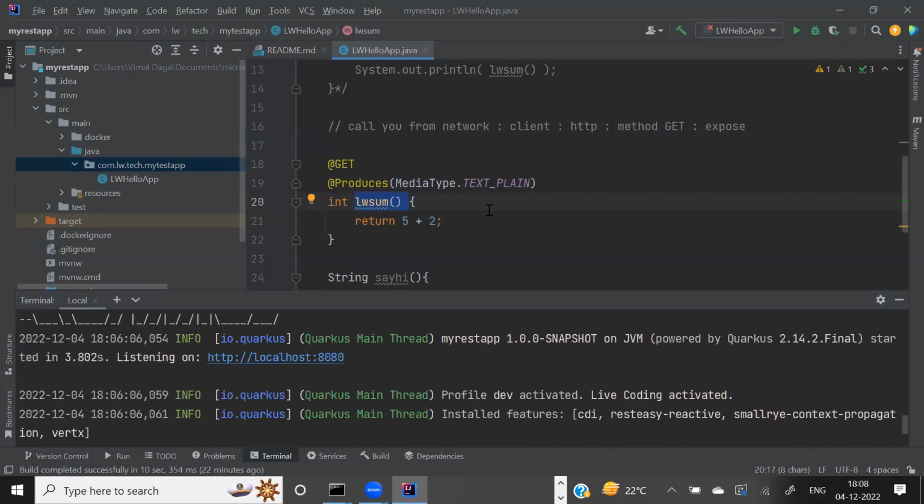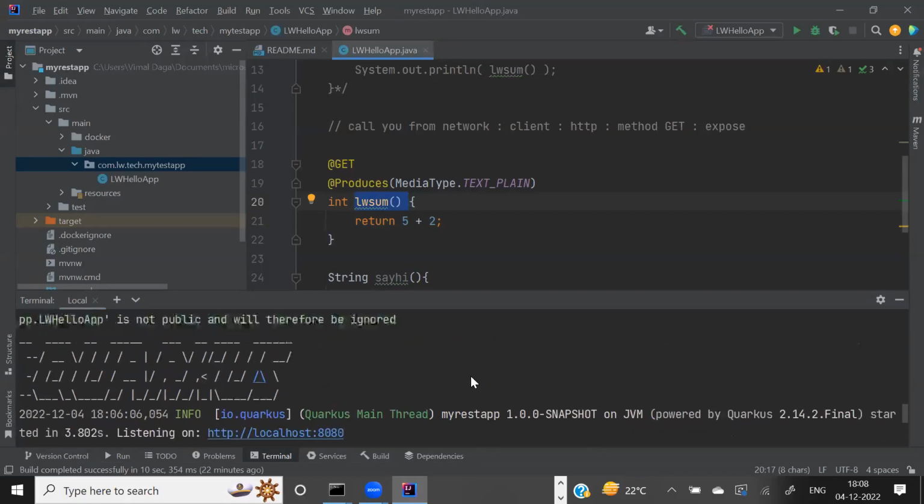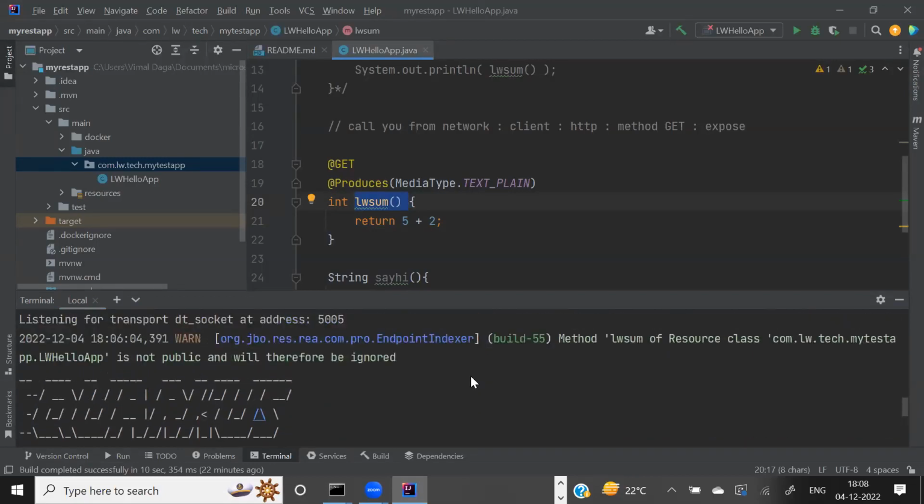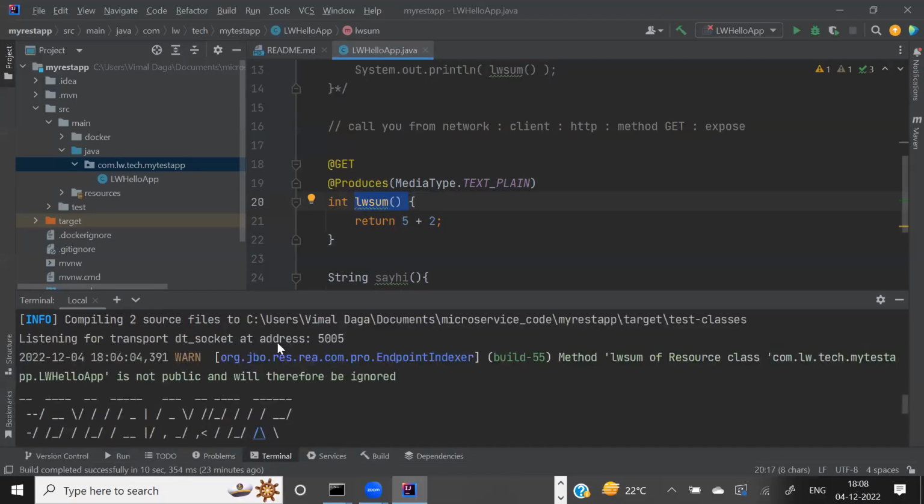Now here's one big challenge we have. I'll tell you in a minute, but before I go ahead, I just want to show you something. If you go a little bit up, you see some errors coming up, some kind of warning Quarkus shows, that this function, also known as a method in Java, is not public.